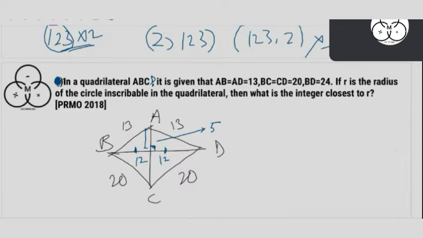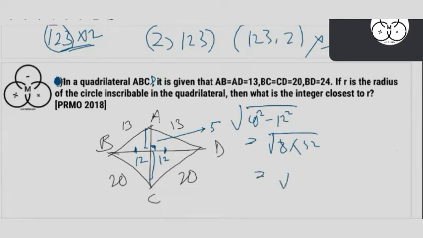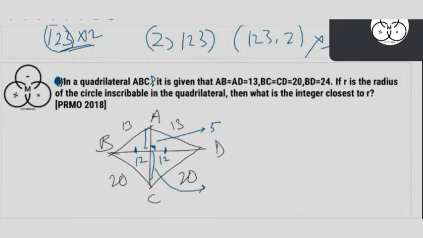So how do you find the area? Similarly here we need to find this side also. 20 squared minus 12 squared is 20 minus 12, 8, times 32. 8 times 32, 4 into 64, 2 into 8, 16. Okay, fine. This part is 16. So what is the area of ABCD?